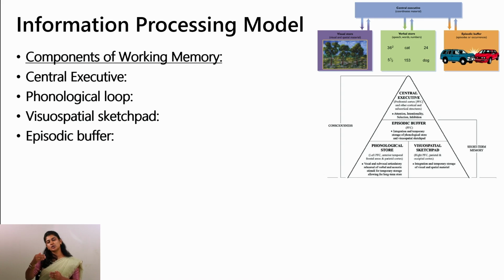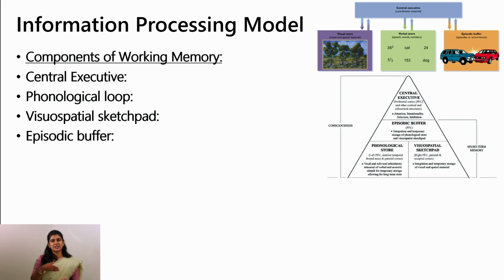Now, let's look at the components of working memory, which plays a very crucial role in our ability to hold and manipulate information in real life. Working memory is also called the workbench memory, which is not just a simple storage system. It consists of several interconnected components that work together to manage different types of information. For example, if you go back to your home today, you will use your table to read. You will use your table to store books. So the book that is on your table is workbench memory.